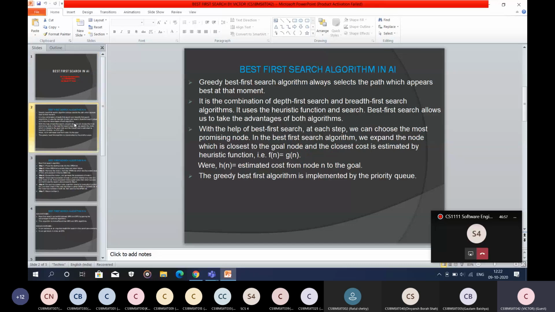Greedy best first search algorithm always selects the path which appears best at that moment. It is the combination of depth first search and breadth first search algorithm. It uses the heuristic function and search. Best first search allows us to take the advantages of both algorithms. With the help of best first search, at each step we can choose the most promising node. In the best first search algorithm, we expand the node which is closest to the goal node, and the closest